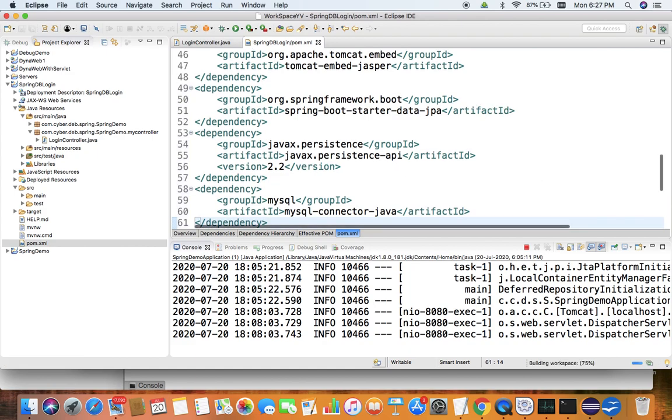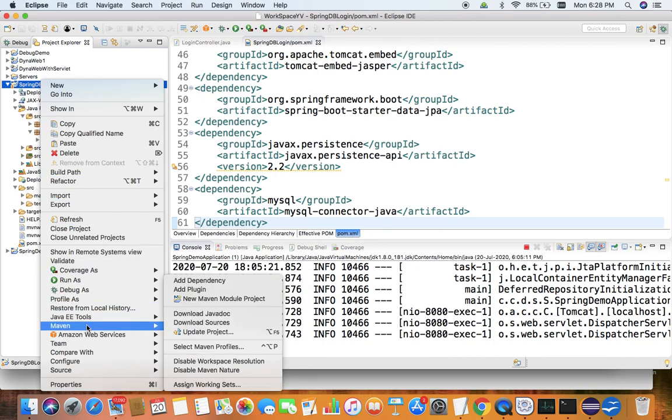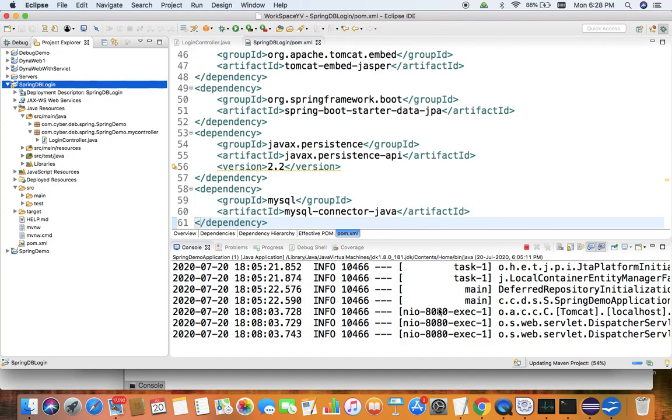So save it, and automatically it will add the jar files into the project. So better you go for right click, then Maven update project. It is always better to update the project whenever you add something extra into the pom.xml. So the pom.xml is ready.